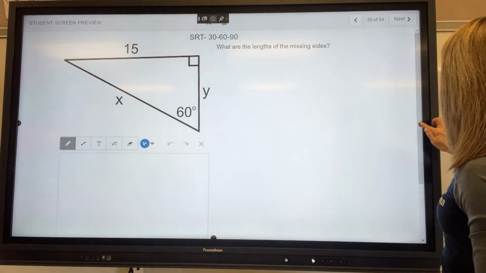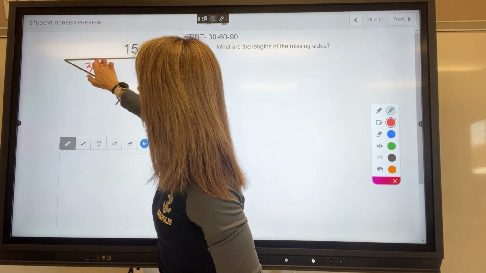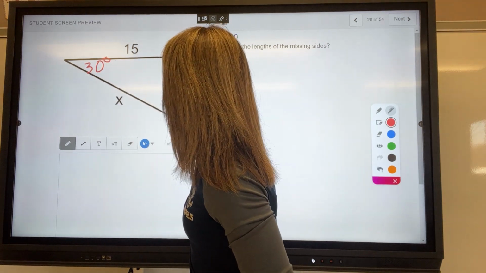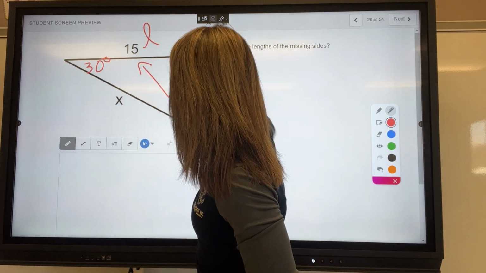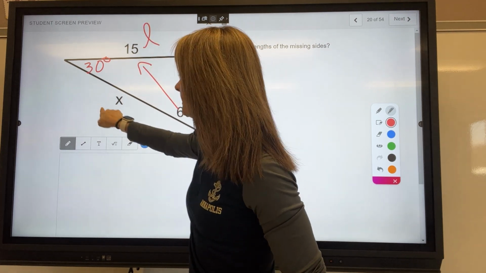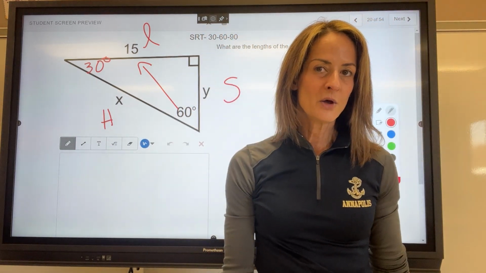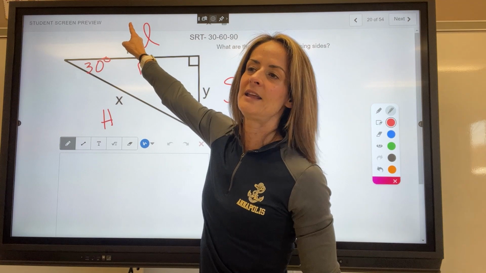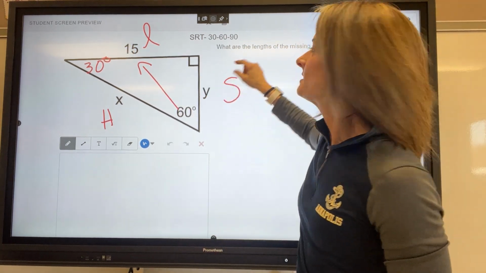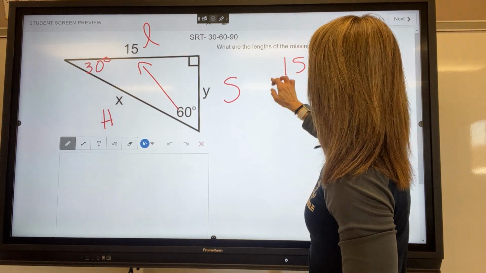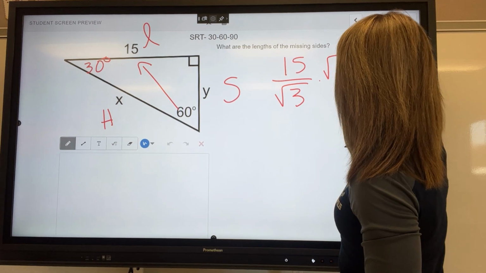So look at this problem. They told us this angle is 60, this is 30, so this is a 30, 60, 90, okay? But what they've given us is across from the 60 degrees, which makes this side the long side, and this is the short side, which is fine. But before we can figure out the hypotenuse, we are going to have to take our long side and divide by the square root of 3 to get the short side. So the way we do that is 15 divided by the square root of 3. Rationalize the denominator,